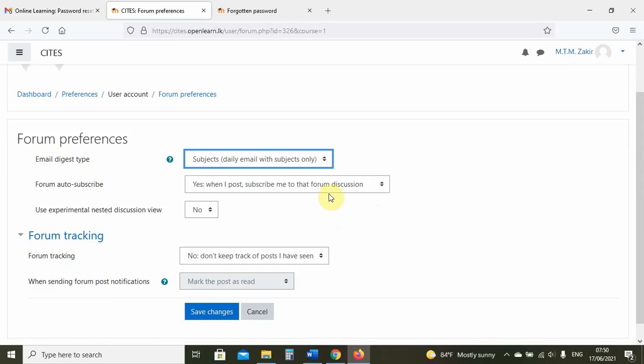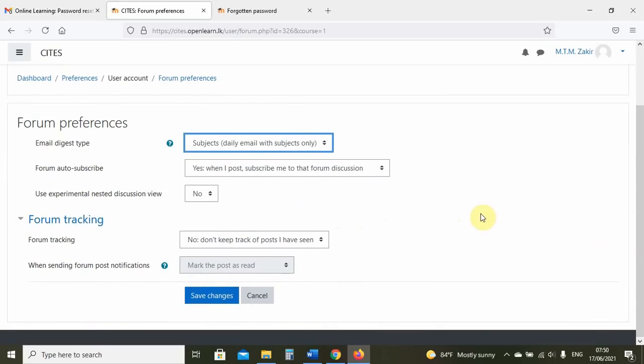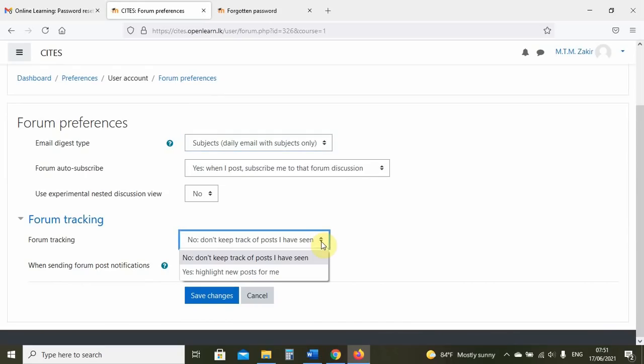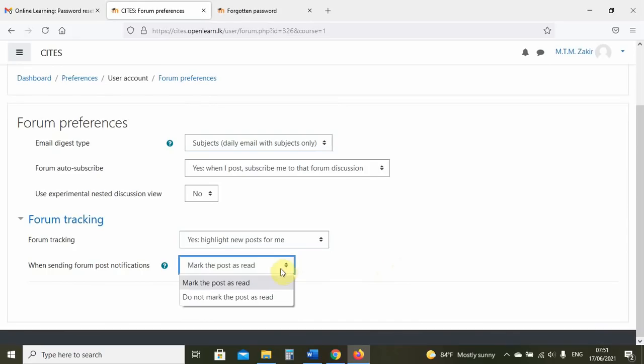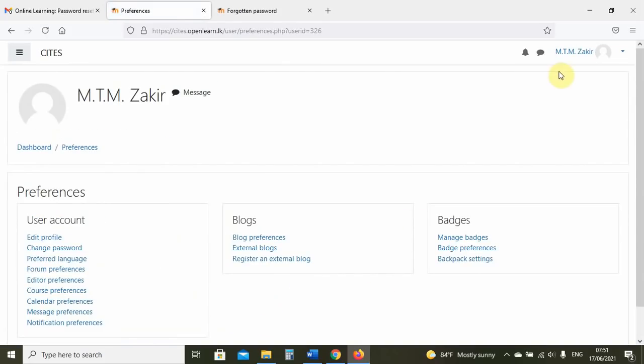So here, forum auto subscribe. It's very important. You have a choice of whether or not to subscribe to forums if you want the notifications to come. But obviously if you post, you must be subscribed to it. Then it's also useful sometimes to keep track of what you have already seen. Select this, new posts will be highlighted. And here, when the forum post notification comes, probably it's better to say, do not mark the post as read. And I will save these changes. Of course, Zakir can come and change them back if he